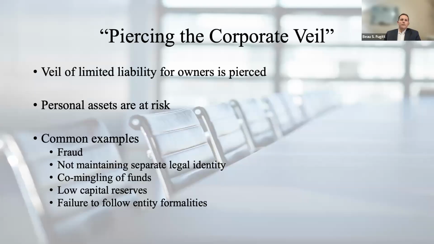All right, moving on. Piercing the corporate veil, right? So we've talked a lot about these different entities, and it's all great. You can set up all these entities to separate the liability from the assets and yourself, but none of that matters if the corporate veil is pierced. What do I mean by piercing the corporate veil? Limited liability entities, no matter what they are, have a veil of limited liability, meaning that they shield the owners of the company from personal liability. When you pierce that corporate veil, all that goes away.